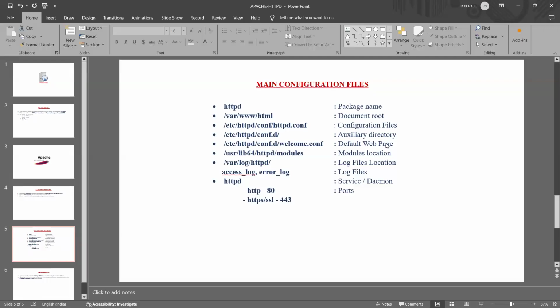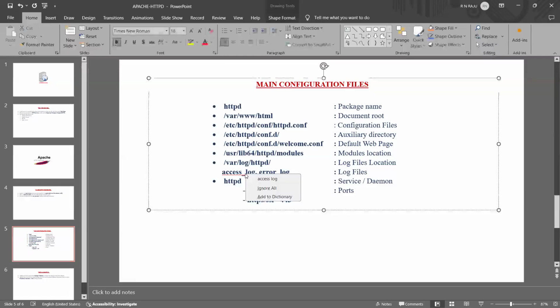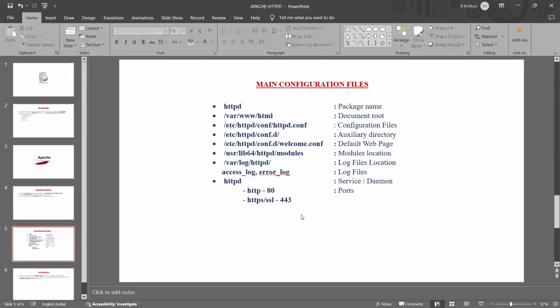But in that case, we have two logs. One is the access log, another one is the error log. The access log maintains who is visiting which websites, and the error log maintains the server being up and running, downtime, stop time and everything.